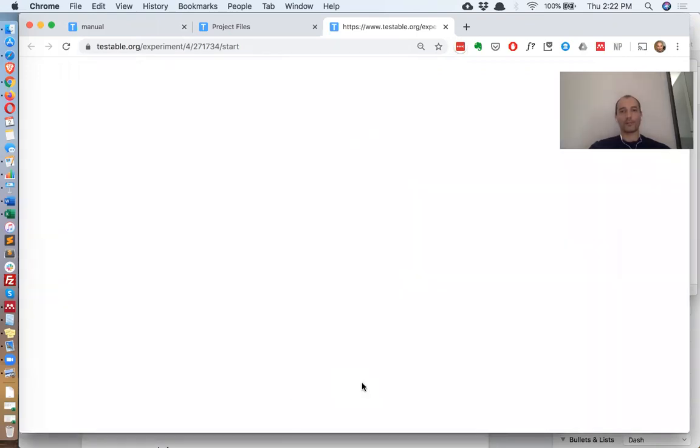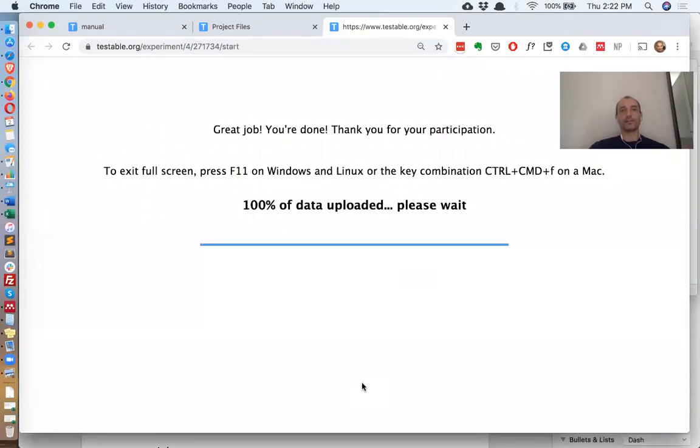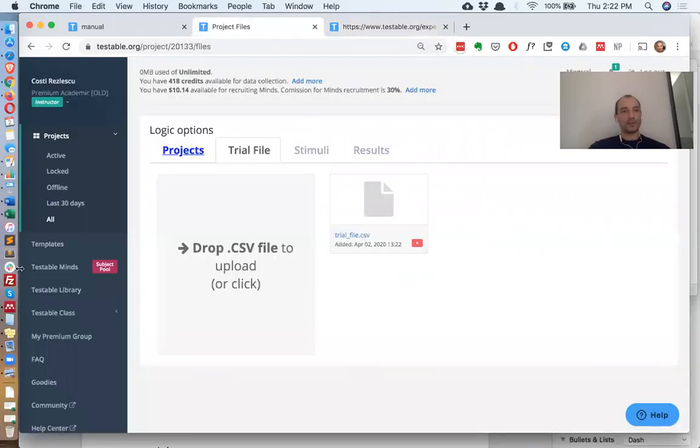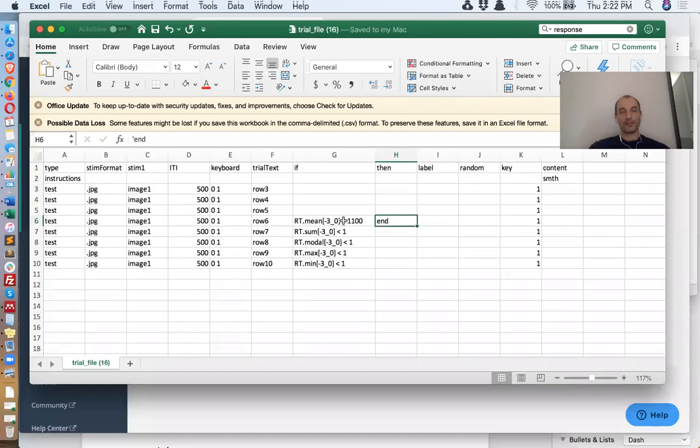Okay, so I'm going to press the key pretty fast, and then you see that the experiment finishes here. Okay, and the last thing to demonstrate is that you can also have these numbers computed over a different number of trials, not a range necessarily, but you can have something like